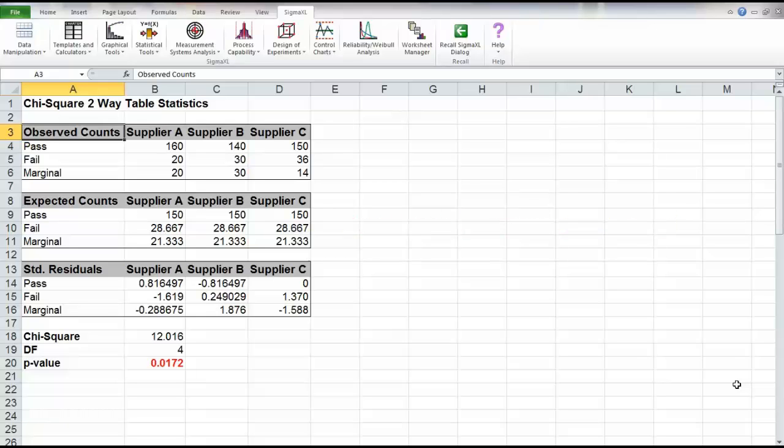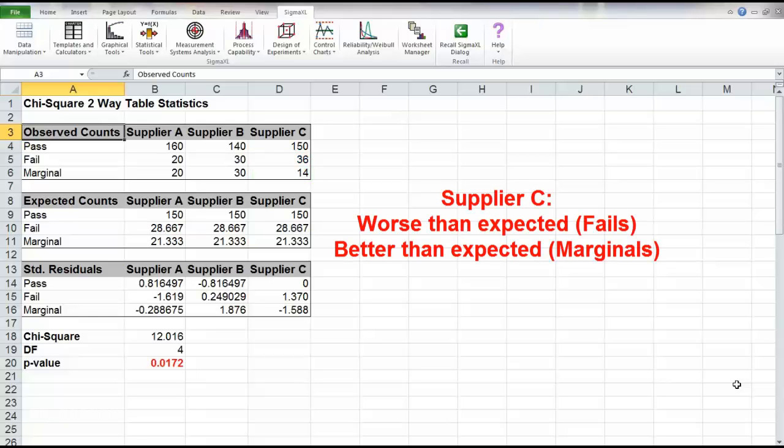For supplier C, it is telling us in the standardized residuals analysis to look at failures and marginals. That's where the high numbers are. In looking at supplier C, we expect 28 to 29 failures and about 21 marginals. In reality, we are seeing 36 failures and 14 marginals. So we have worse than anticipated performance with supplier C for failures, better than anticipated performance on marginals,